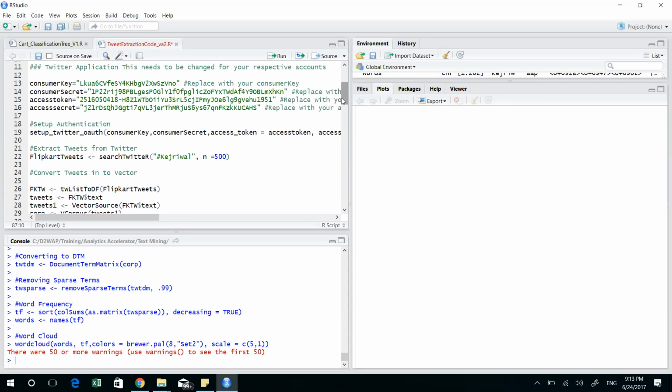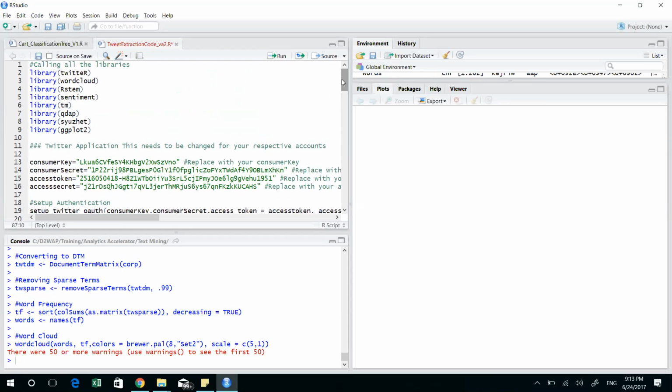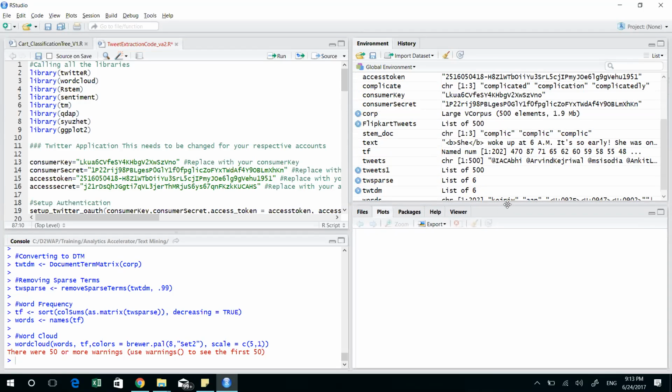Okay, Ujjwal, before you move ahead, I just wanted to do a quick poll in the audience. How many of you are seeing R for the very first time? Please don't be shy. If you're seeing the R interface for the very first time, just say yes in the chat box, so we know if we can quickly show you what this interface is, what is in the box on the top left, bottom left. There are four boxes, right? As I can see, there are close to 6-7 people who are seeing this for the first time. So perhaps we can give you a very small understanding of these boxes. Don't be afraid of them. Okay, Ujjwal, over to you.